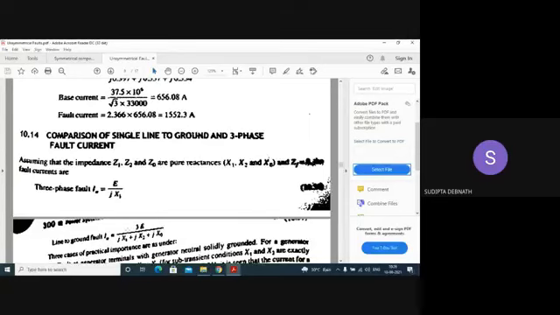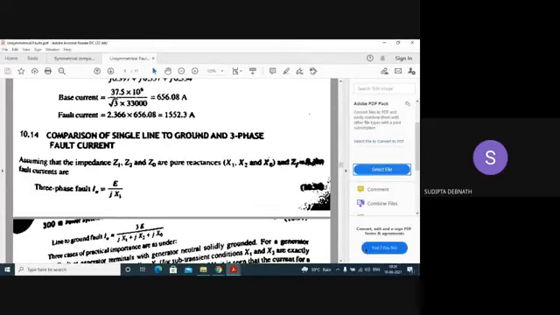If the fault impedance increases, then obviously the magnitude of current will decrease. So solid fault is the most severe type of fault, so we will not consider any ZF. So this is the positive sequence, negative sequence, and zero sequence. Then this is the fault current expression in case of single line to ground fault.